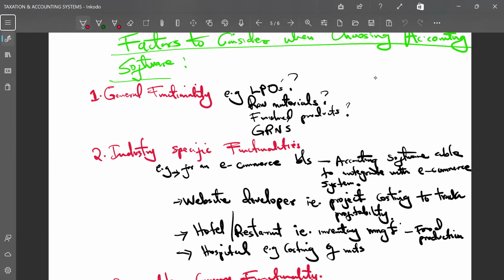The first one was LPO. This was to challenge you. Will you need to raise purchase orders in the business that you're running? Depending on the industry, will you at one point need to raise purchase orders? And these purchase orders will need approvals. There are some processes, procedures, internal control procedures where there is one user raising the LPO, and basically the LPO emanates from a department when they give a requisition.